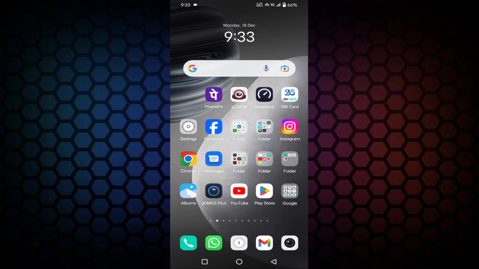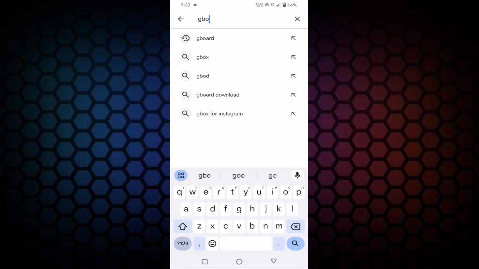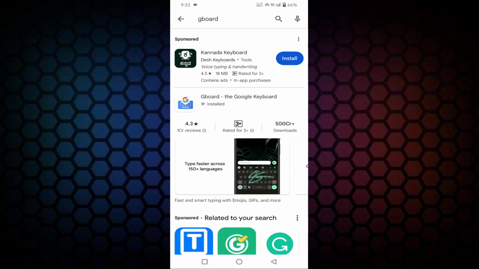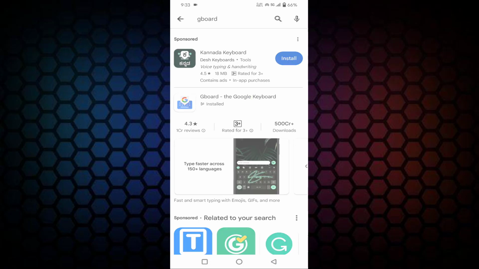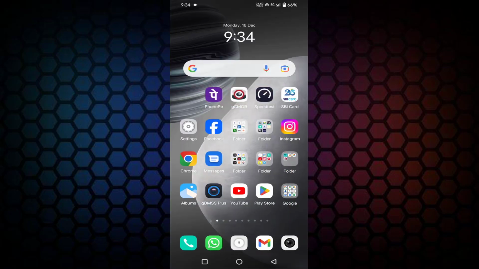First of all, you just need to open the Play Store, then type here Gboard. Then check whether your Gboard is up to date or not. If it is not up to date, then update it from here. After updating, then go back, then tap on settings,